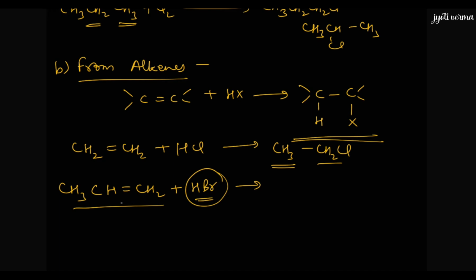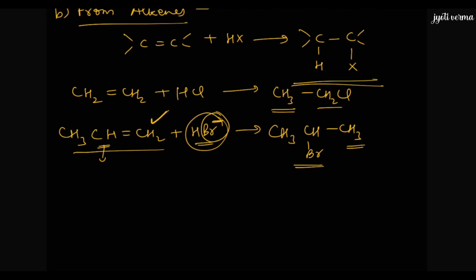According to the Markovnikov rule, when the addition of any unsymmetrical reagent takes place to an unsymmetrical alkene, we can see that here the alkene is unsymmetrical, the double bond is not in the middle, so the negative part of the addendum, this Br minus, will go to that carbon of the double bond which is having lesser number of hydrogens. So the Br will come to this, and then what will be the product? The product obtained will be 2-bromopropane. Br is coming here and H is going here. So that is how we will be getting 2-bromopropane as the product.